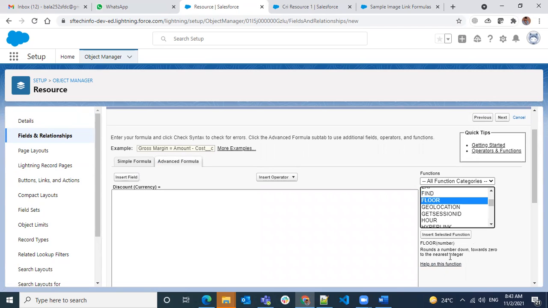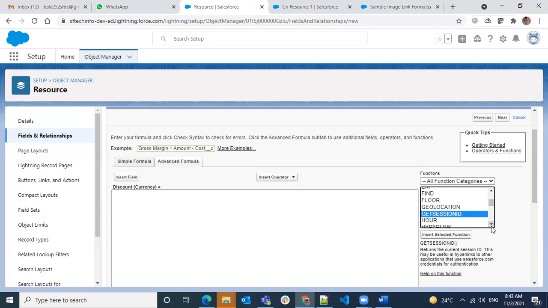And floor, it's when you have decimal values, and if you want to round those numerical values to a floor value, meaning the smallest value. So if you take 5.4, if you want to round it to a 4, then you have to use a floor. If you want to round it to the next value, like 4.4, 4.6, then round it to 5, then you have to use a ceiling. That's what a number field uses here when you're trying to round off. Use a floor and a ceiling, and